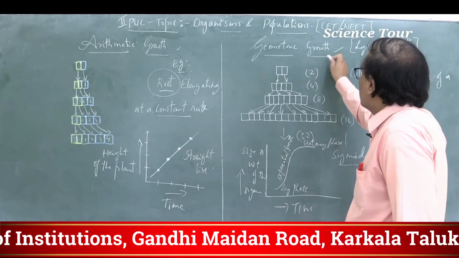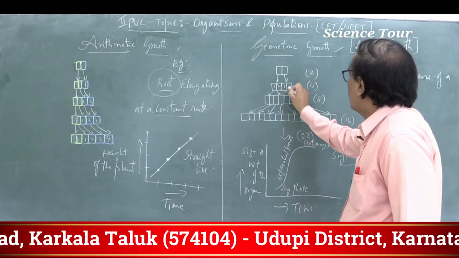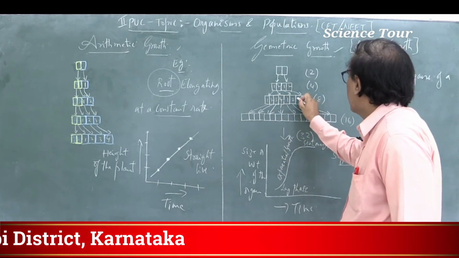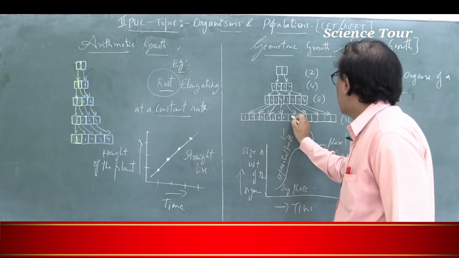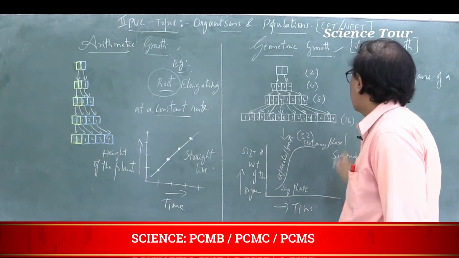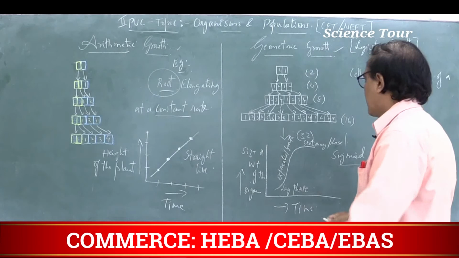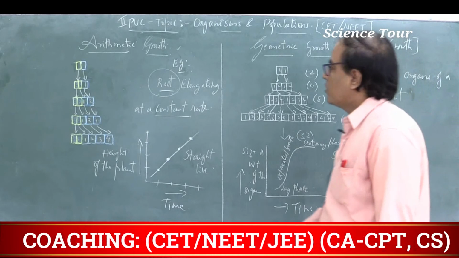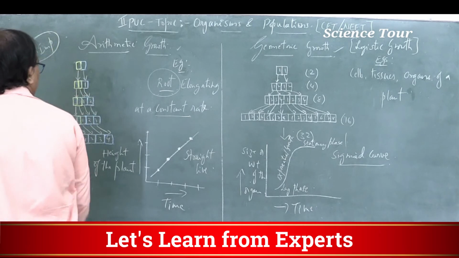You can see in geometric growth, both the participating cells are equally divided. It's 1 and 2, 1 and 2. So here it becomes 1, 2, 3, 4, 1, 2, 3, 4. This is also divided. So further here 1, 2, 3, 4, 5, 6, 7, 8. Here also it is divided, 1, 2, 3, 4, 5, 6, 7, 8. So both the participating cells are dividing equally. So that is geometric growth. This is the difference between arithmetic growth and geometric growth, marked as a very important concept for the exam.